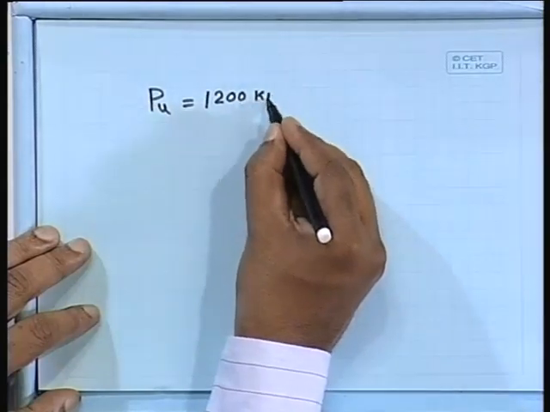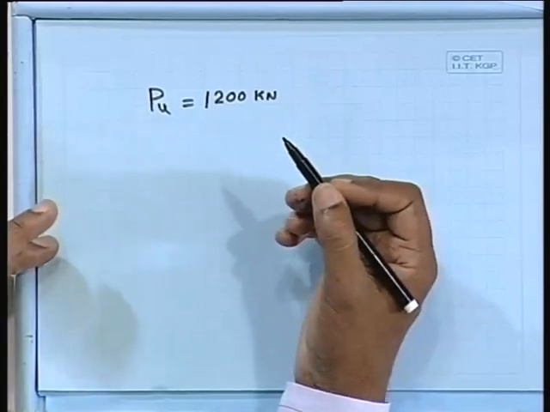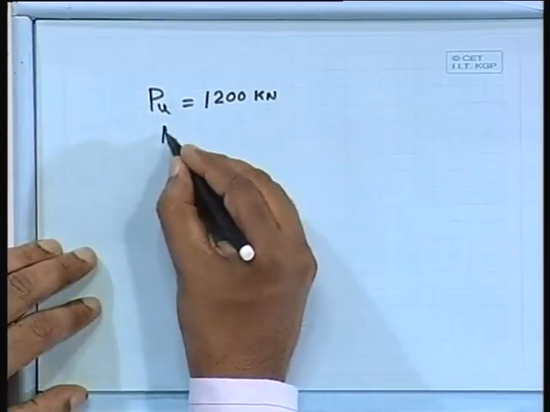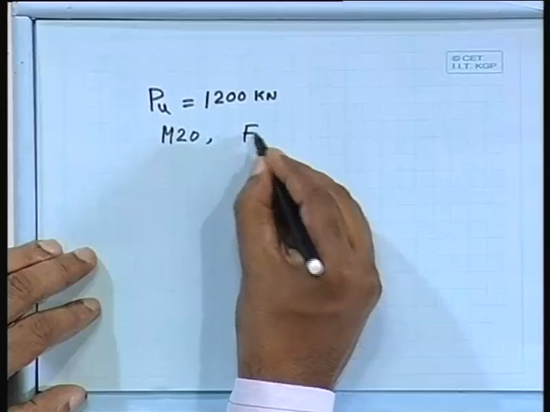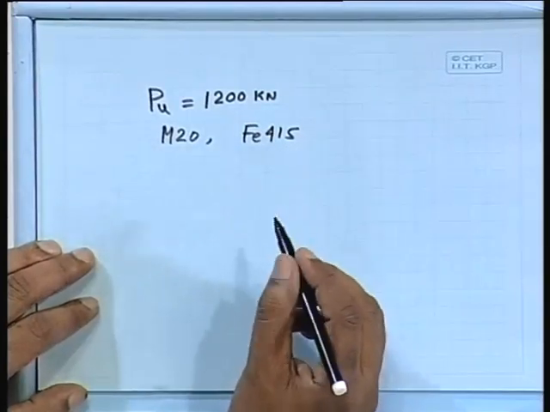And what we can do, if you assume that it is a 1% steel, let us assume the other way also. Our design calculation is very simple, let us say PU equal to 1200 kilonewton. That is, we have computed from analysis, 1200 kilonewton, M20 grade of concrete, Fe415. So this is your case. What we can do,